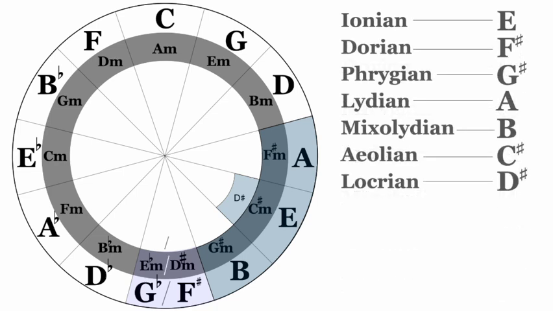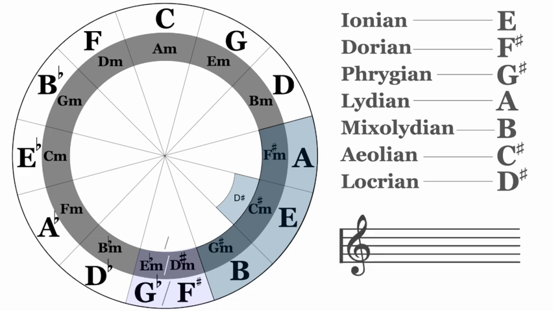Now here, the one thing I do want to point out as well is looking back at our musical staff, this is the key signature of E major or C sharp minor. And again, we usually, well, almost always, refer to key signatures as either major or minor. But all of these modes right here share the exact same key signature. That's why they're relative, right? So D sharp Locrian, it's not even worth confusing yourself with. But if you really want to,